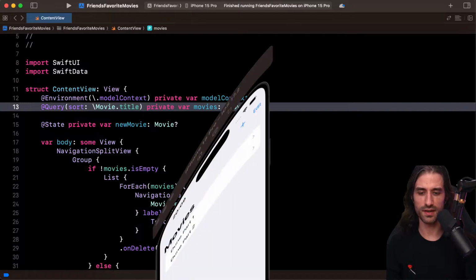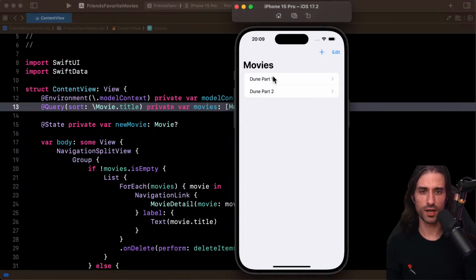So for instance, if I go back here, you can see Dune Part 1, Dune Part 2. If I edit this one, and I put an A just so that it's at the beginning of the list, you can see that it moved to the top of the list because we are sorting by title, in increasing order.